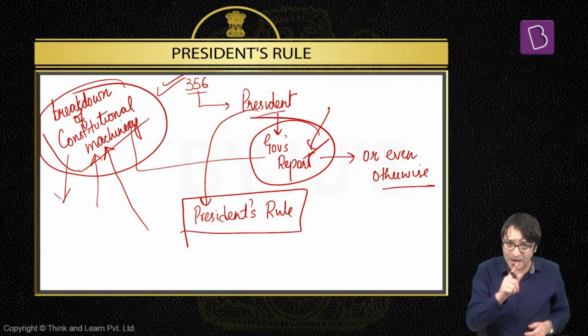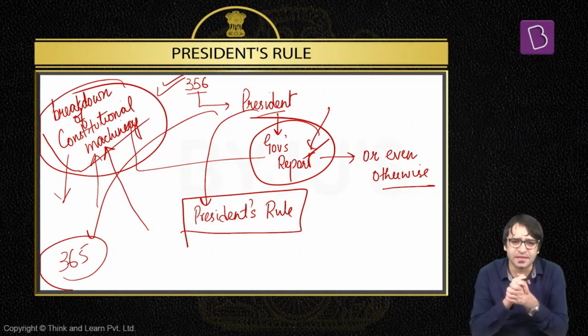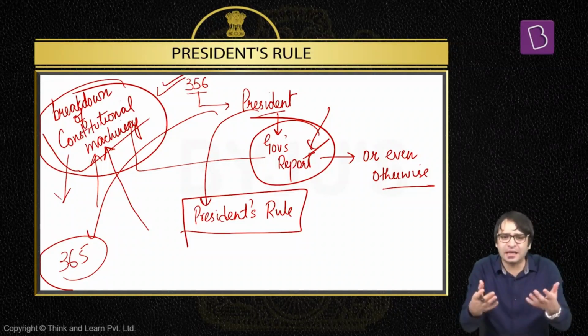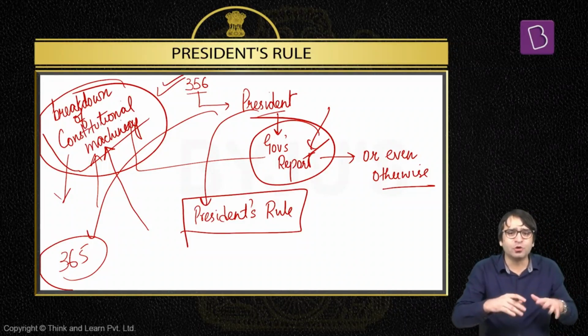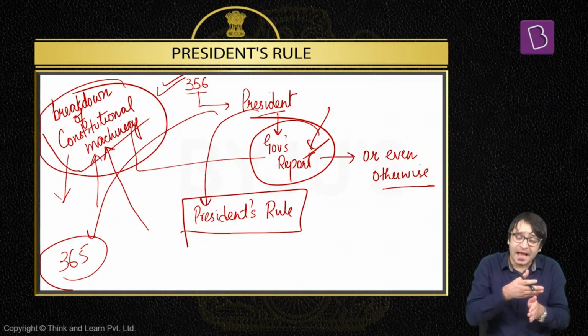That means president's rule, one, can be imposed under Article 356 of the Constitution. Number two, on the basis of Article 365 as well. What is Article 365? Something that we have discussed in center-state relations, in administrative relations between the center and the state. Directives. Under Article 365, directives can be issued by the center to the state. What are these directives? Let's say, for example, CAA is to be implemented. West Bengal, Kerala, or any other state may say that we don't want to implement CAA. But CAA, the Citizenship Amendment Act, is a law passed by the parliament. And the law passed by the parliament has to be respected in every state.